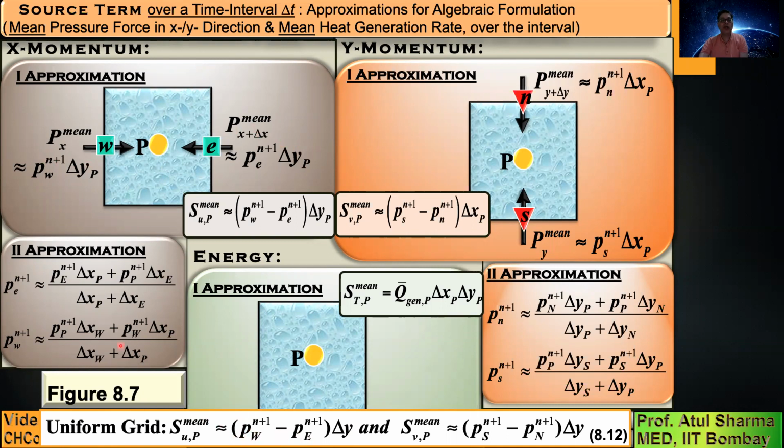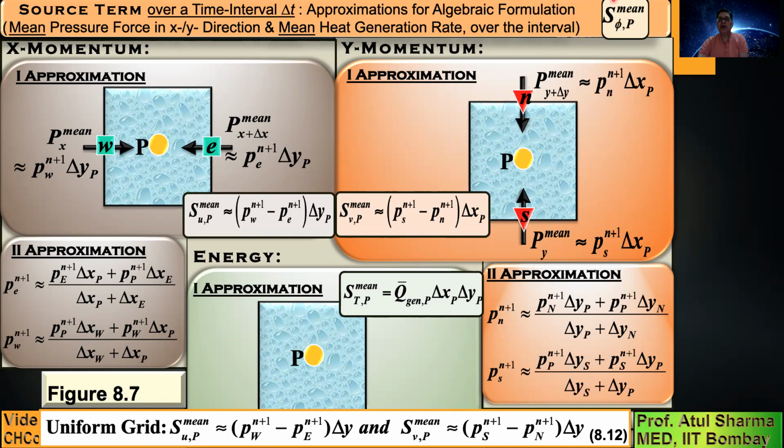Okay, so this linear interpolation for pressure, since it leads to alternate grid point based pressure, this leads to a pressure velocity decoupling, which I'll discuss in the next topic on solution methodology for CFD on a staggered grid. Similarly, for a uniform grid, P small n equals P capital N plus P capital P divided by 2, and P small s equals P capital P plus P capital S divided by 2. And when you take the difference, capital P cancels out, and you get pressure in terms of alternate grid point values, not the adjacent grid point values.